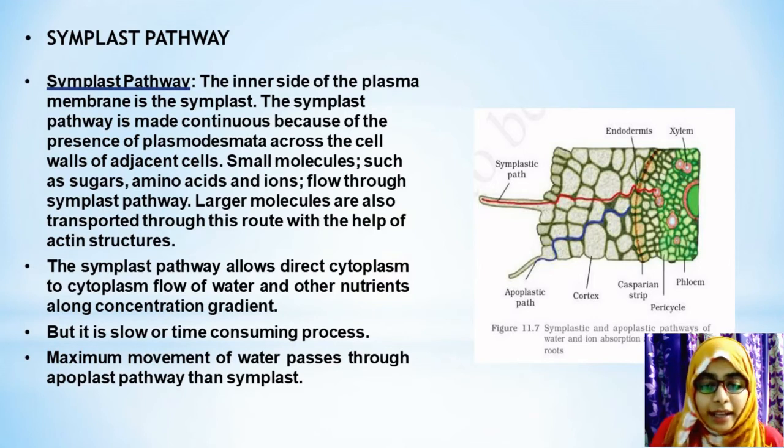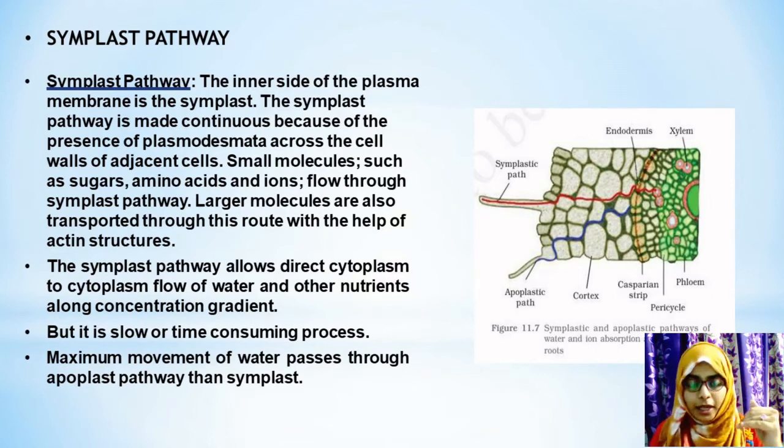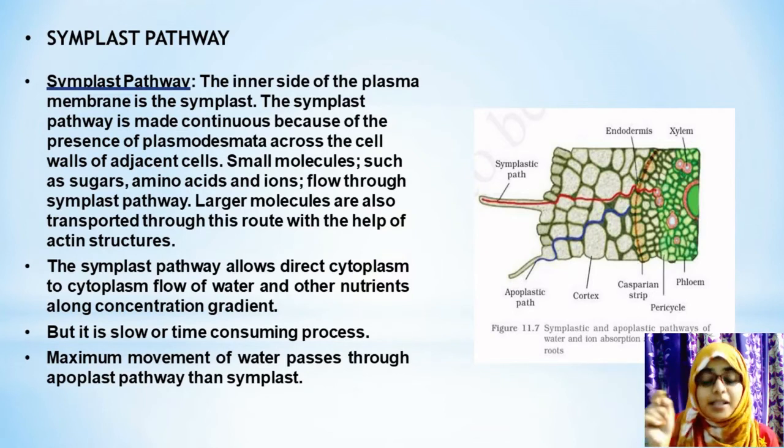So look at the diagram. In between, you can see an orange colored structure. That is nothing but the endodermis. Previously, we saw a zoomed structure. Here you can see the complete picture, where first, from the root hair, water will be absorbed. In the case of the apoplast pathway, it goes through the cortex, through the cell wall or plasma membranes. Then it reaches the endodermal layer.